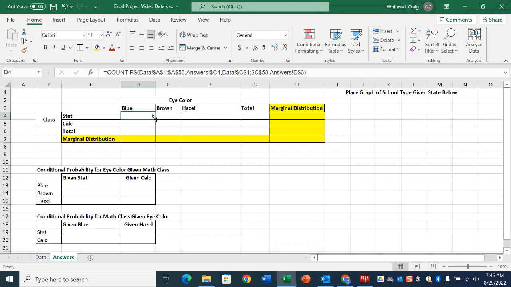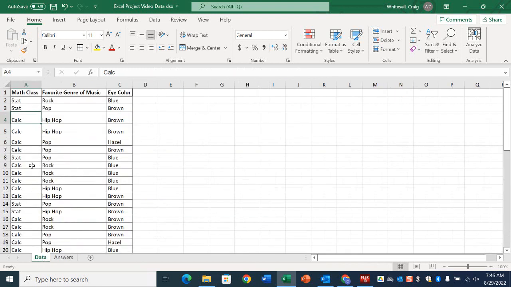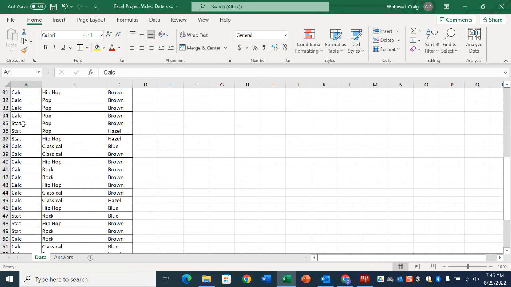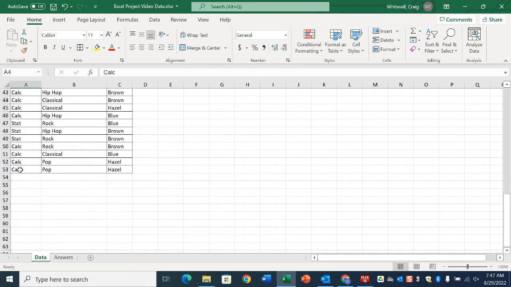What Excel is going to allow us to do is if we go down here to the bottom right of the cell, you'll see that my cross changes to a black cross here. So what I'm going to do is click and drag down, and it's automatically going to calculate, and let's make sure. I want the data from A1 to A53, that looks good,